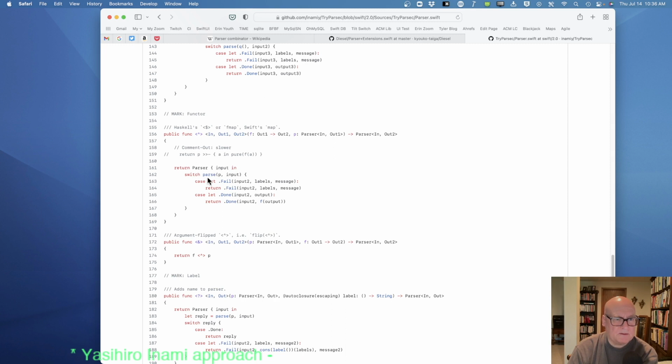Okay, create a parser that runs P on the input. If it succeeds, it returns input 2. What's input 2?